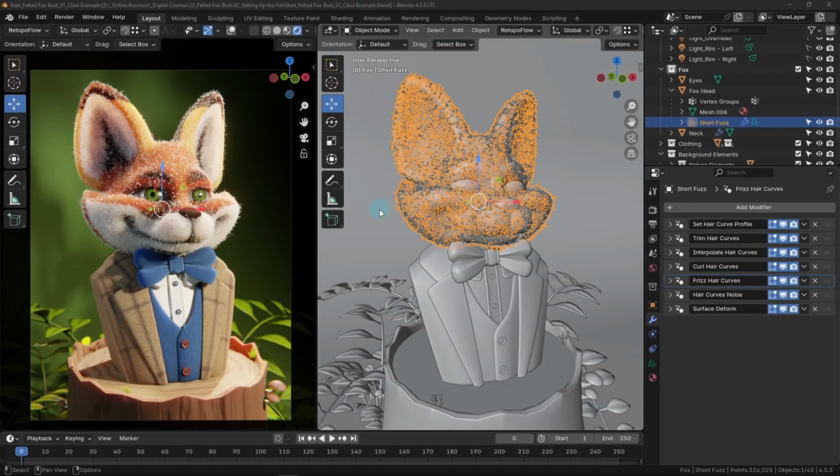In this lesson, we'll create the material for the fuzz that we just added. Let's begin. Now that we have some fuzz added to the fox, it's time to make sure that the colors match the texture underneath. This will not only make the fuzz make a lot more sense for the model it's